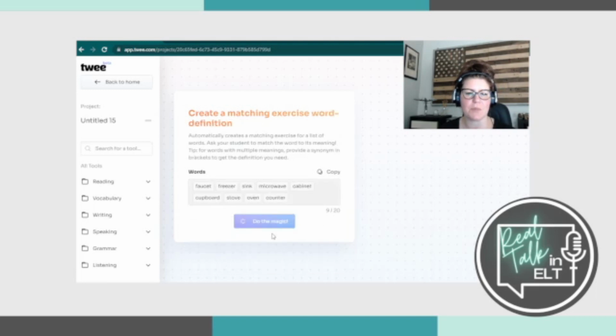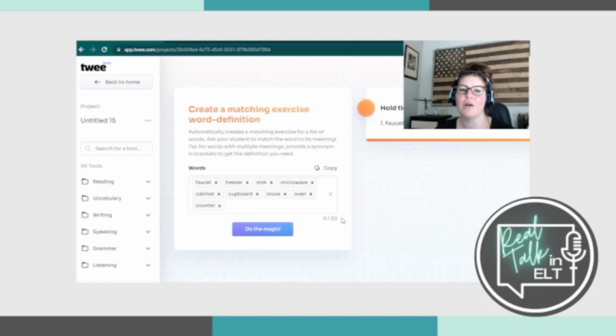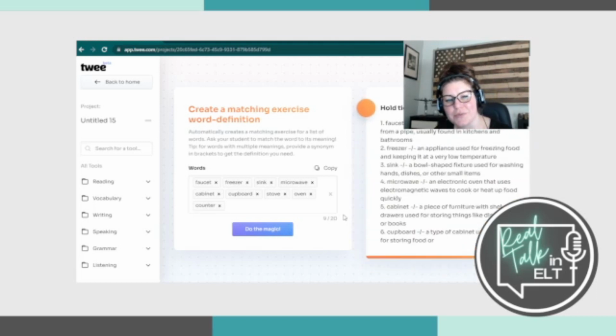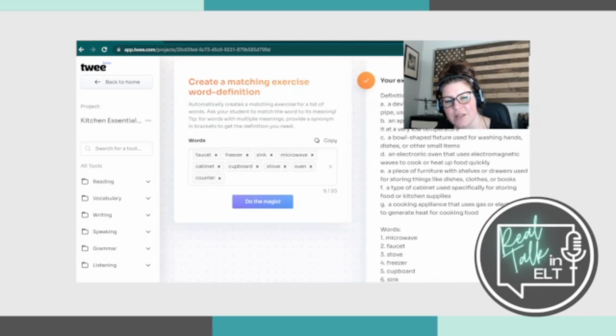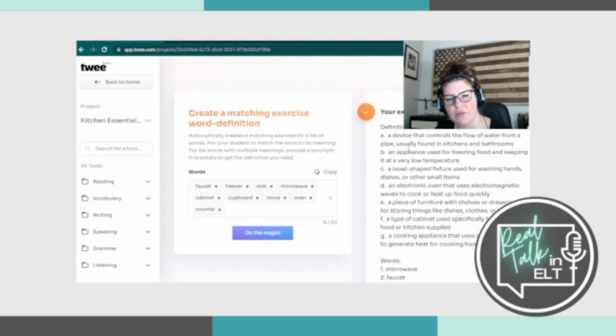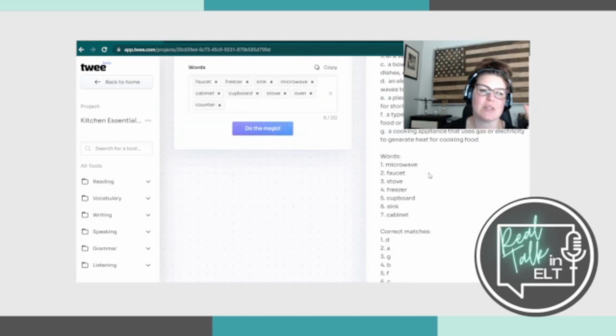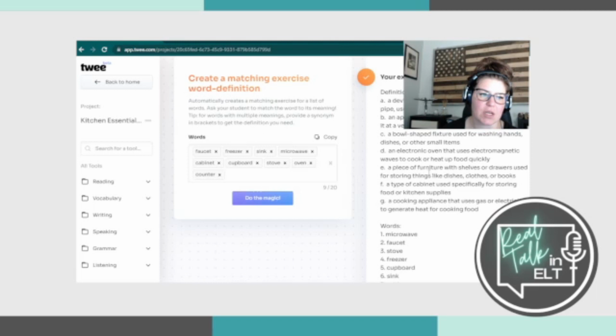And then when I hit do the magic, what it's going to do is it's going to match all of those words with the definition. And so it'll give you the definitions first, then the words, and then the correct matches. Here's the thing though. You have to double check because, for example, if I'm using a word like produce or produce,